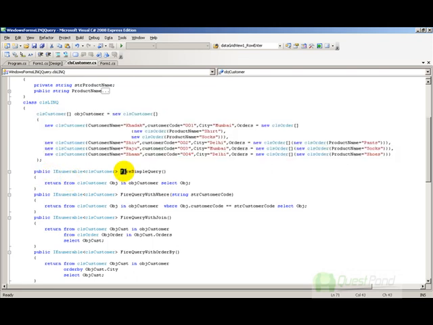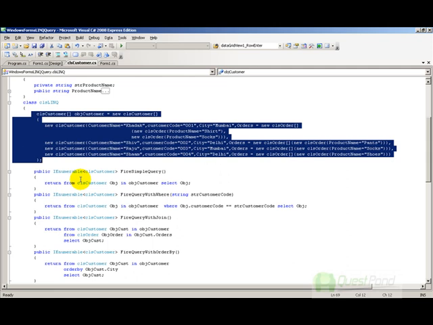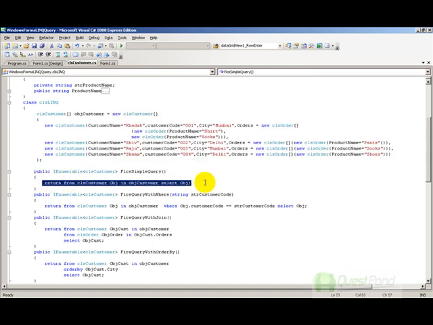So here's the simplest LINQ query which we have: return from CLS customer in OBJ customer. Now the OBJ customer is nothing but your customer collection data. So this is the format of a LINQ query. What you do is that you say, from what data type you want to return, in which collection you want to return this data type or where you want to return the data, and then say select OBJ.